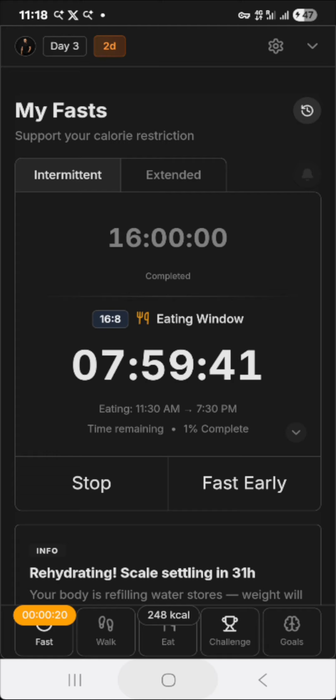As of 7:30 p.m., you will not be eating anymore until next day at 11:30. And you're going to cycle through this every day. The app is just going to continuously run this, and this will be your anchor to manage your eating and